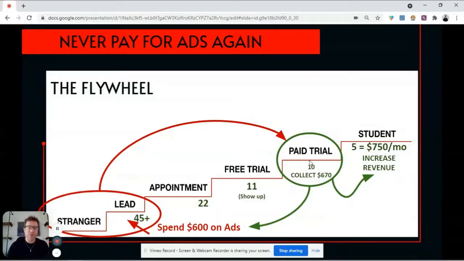And then guess what? Two weeks later, the revenue you got from paid trials is going to lead to 5 more, and 5 more, and 5 more. On average in the martial arts industry, and I know it varies from school to school and student to student, a student in a martial arts program will stay for 18 months. So if we get the flywheel effect happening,